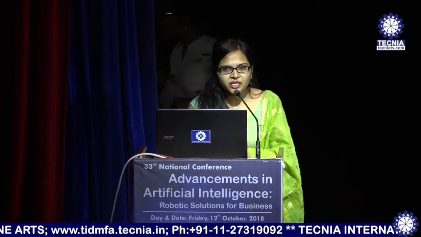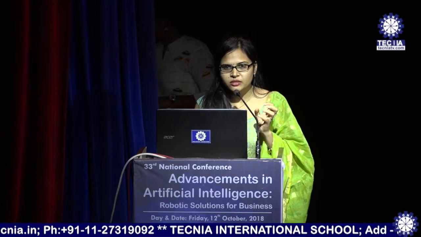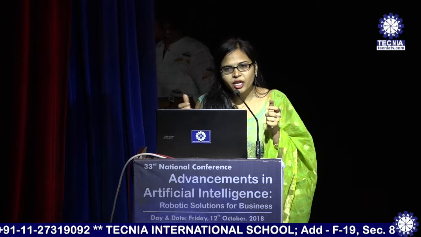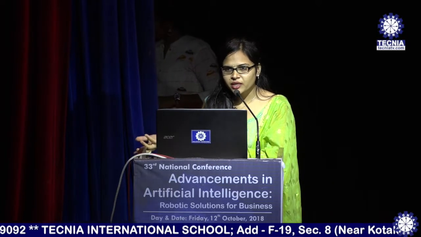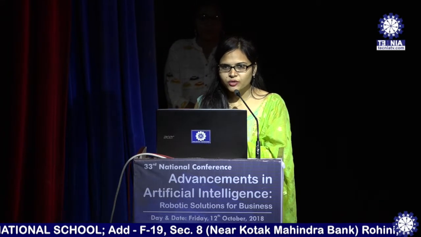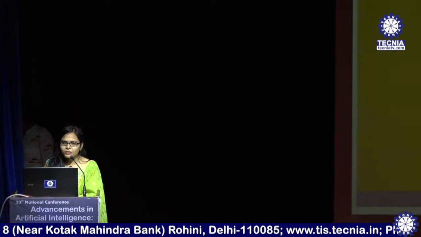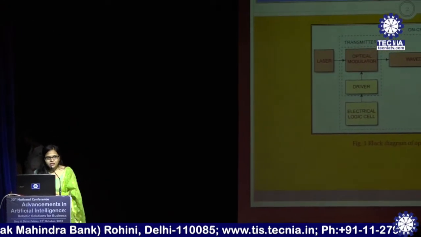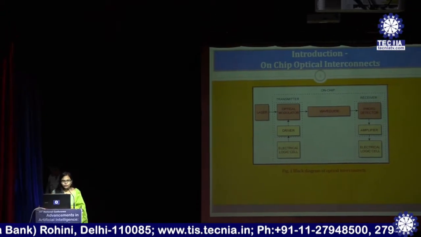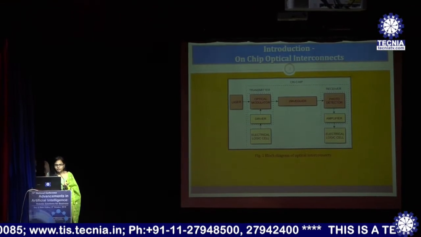This complete thing we call an interconnect. Interconnect means we have a transmitter, we have a receiver, and we have a channel. In the transmitter part, we have a laser which transmits light. The channel can be a waveguide, a transmission medium, anything. It can be any wireless medium also, as in today's daily life we use mobiles, communication, broadcast, satellite, very high frequency. High frequency means radio frequency. We use it in FM also, satellite communications. Then we have a receiver part, which has the photodetector, which can be amplified, and which acts as a sensor if we talk about robotics.